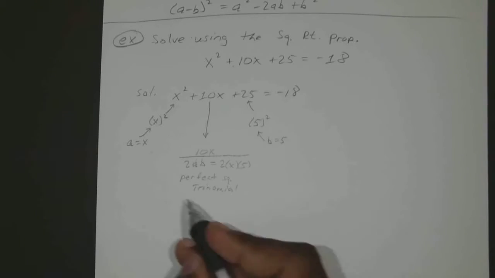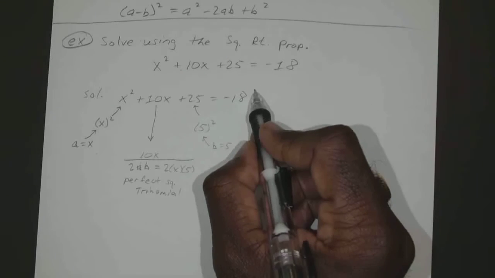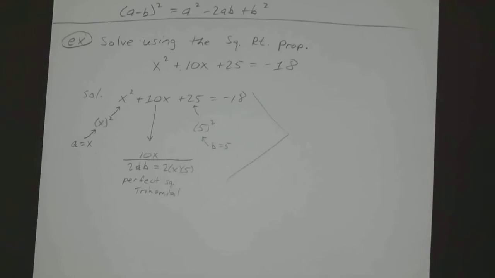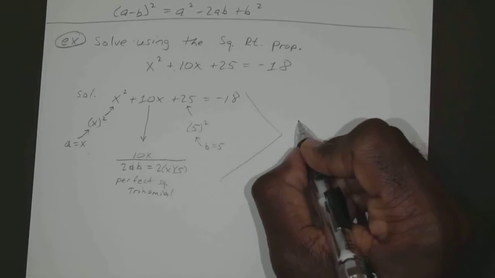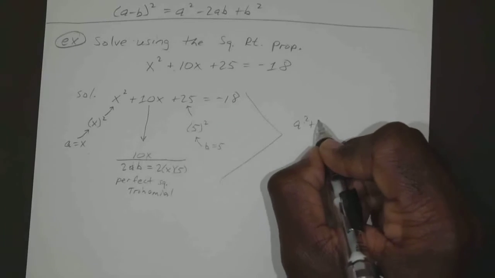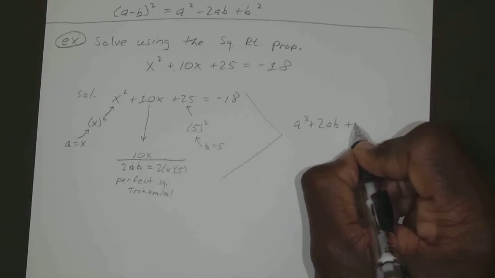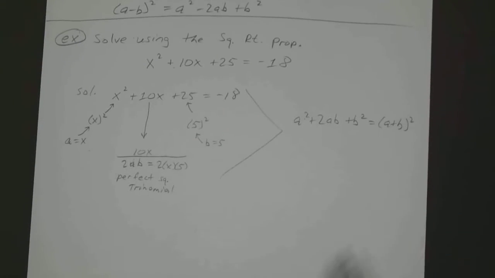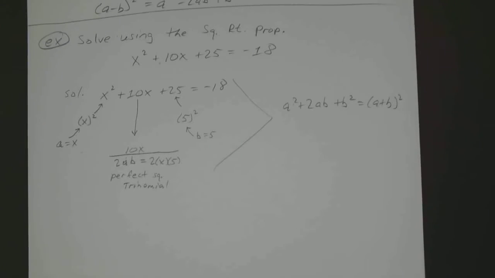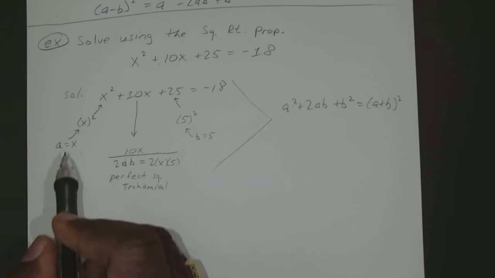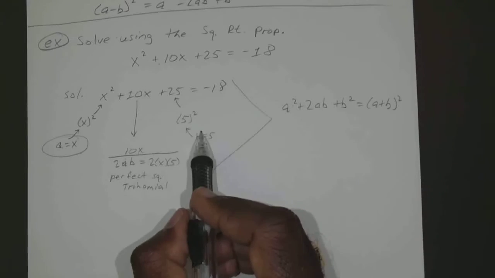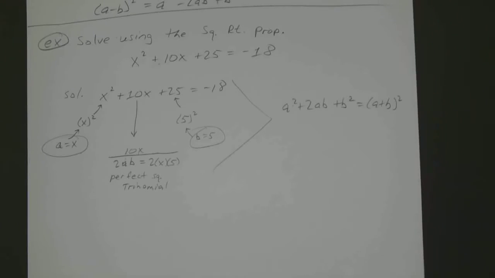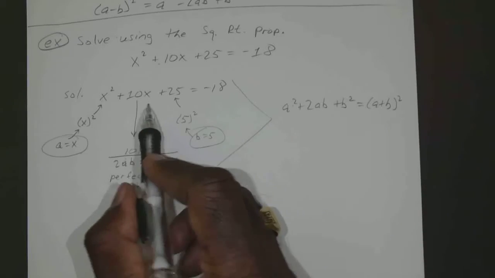Okay, so we know for a perfect square trinomial, let me kind of make a little section there. We know that a squared plus 2ab plus b squared is equal to (a plus b) squared. So for this one, our a is equal to x and our b is equal to 5. So this is going to equal,